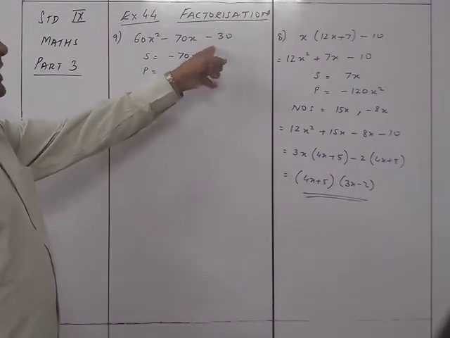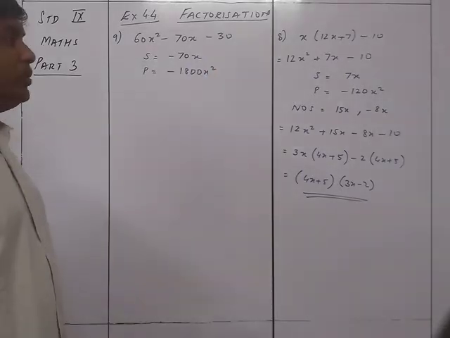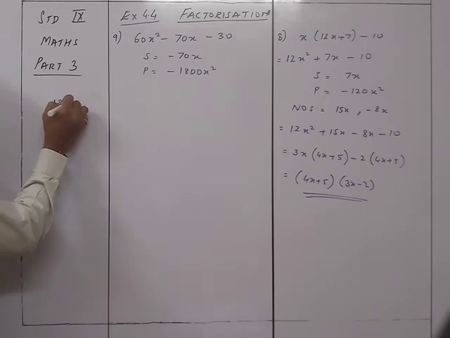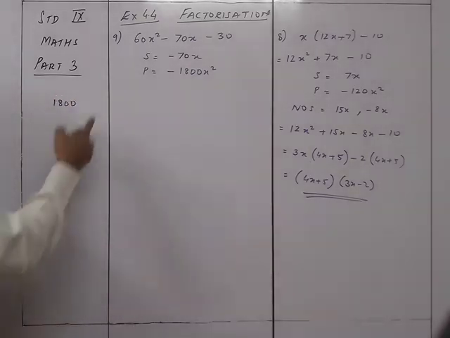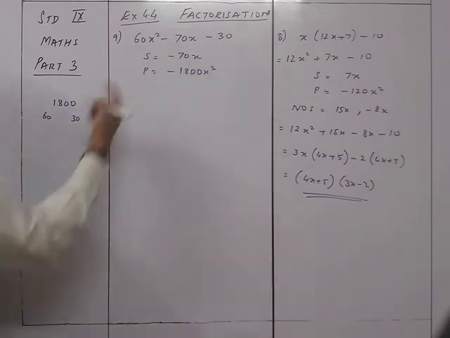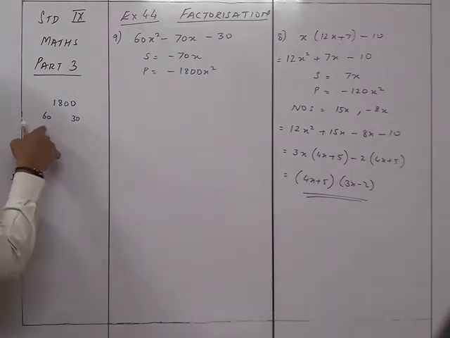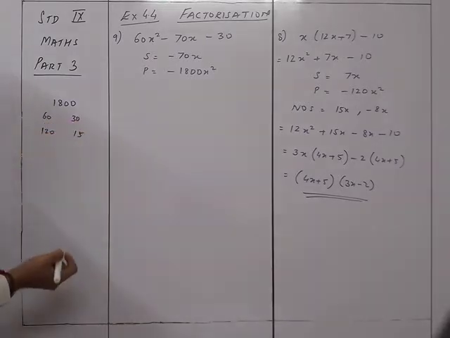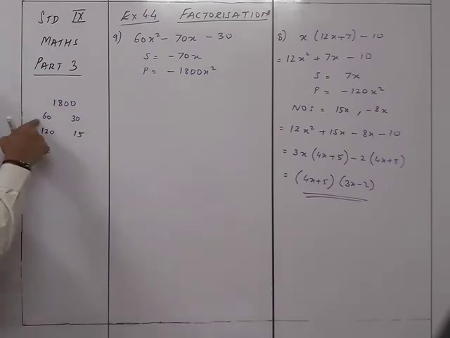Minus sign over here, so one number is bigger and the other is smaller. I'm going to do the subtraction here. So accordingly, I can see that it is 1800, right? So already we have over here 60 into 30, पर वो मुझे 70 नहीं देगा. So of course I need to increase this and decrease this. So if I double this, it will be 120 and reduce this will be 15. But that doesn't work. So let me check what will be done. ठीक है, उससे तो नहीं होगा.